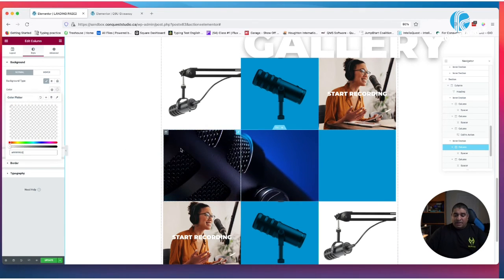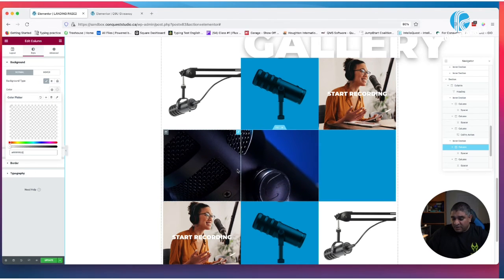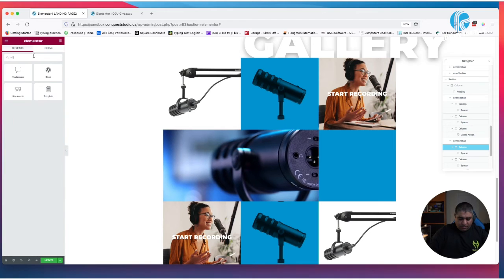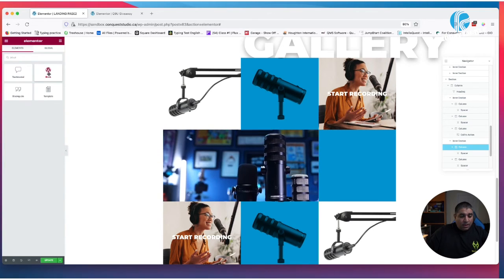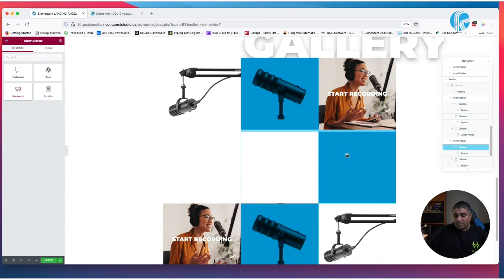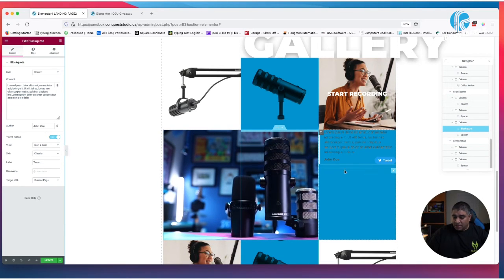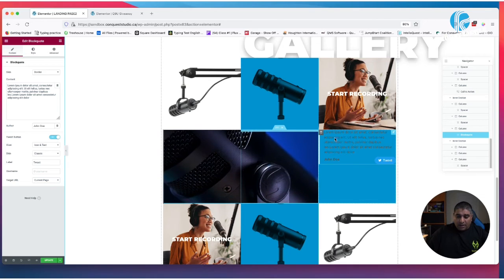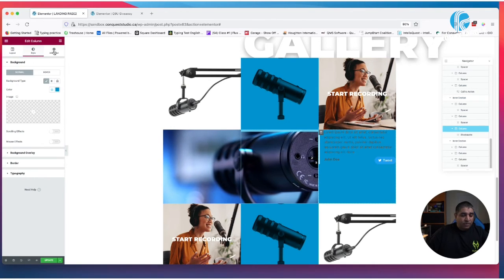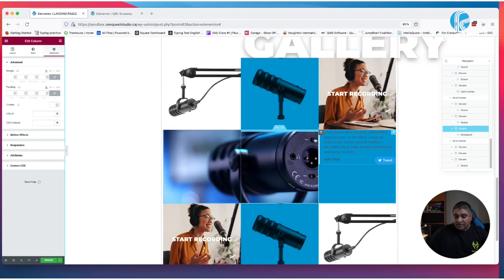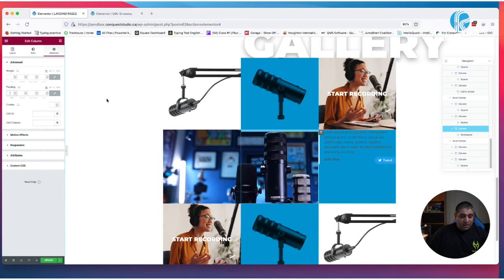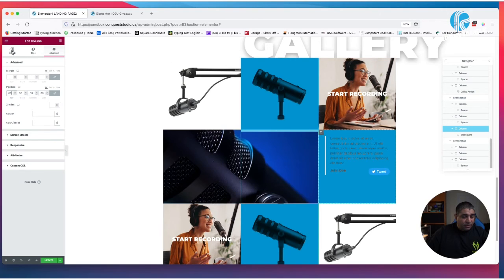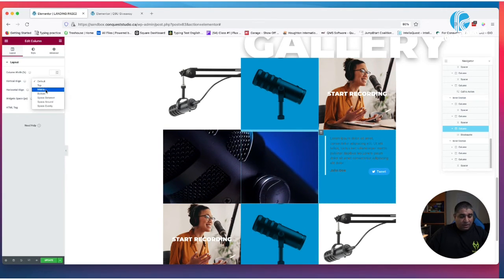So we got that video looping in the background of this section, and we're gonna put a block quote in. So block quote into here, and delete that. And so we want some padding, so I'm going to highlight this column here and give it a padding of 30 all the way around. I'm going to make sure that the content is vertically aligned to the middle,